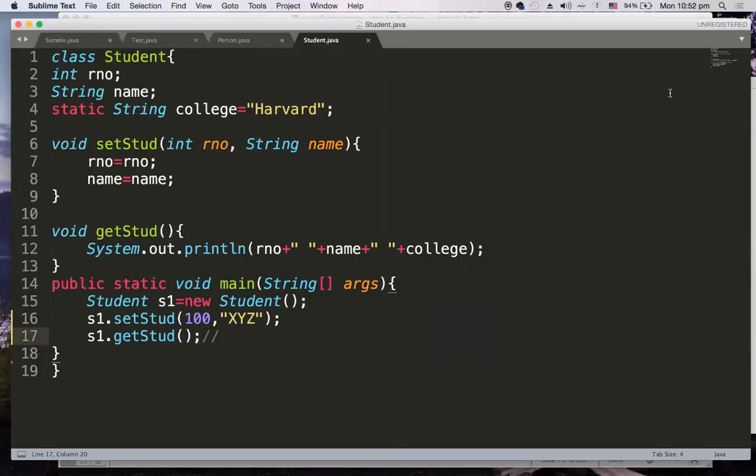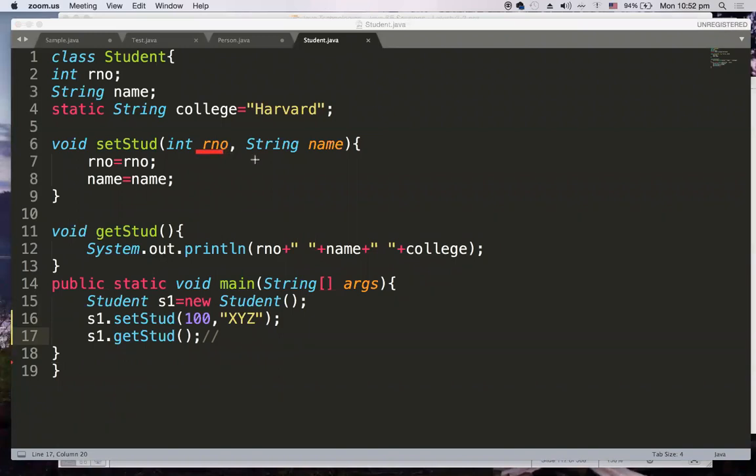If you want to understand the difference, let me highlight this. See here, my local variable is rollNumber, and my other local variable is name, which are the same as my instance members. Instance members and local variables have the same name. Earlier I was using int someR, and here String someN, so they were different. Now in this case, both my instance members and my local variables are the same.